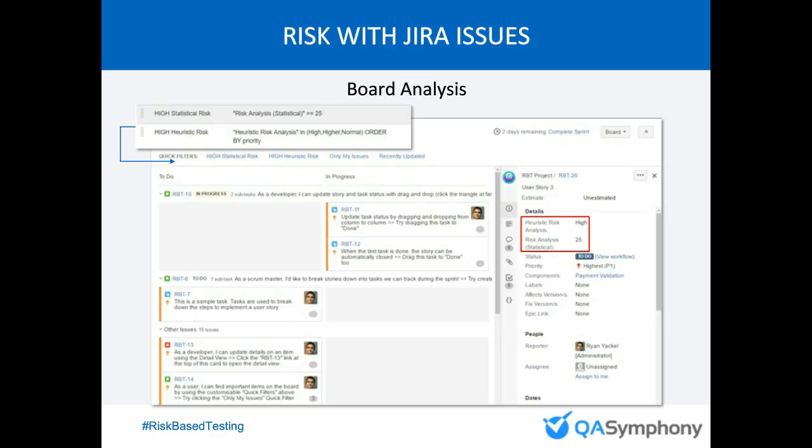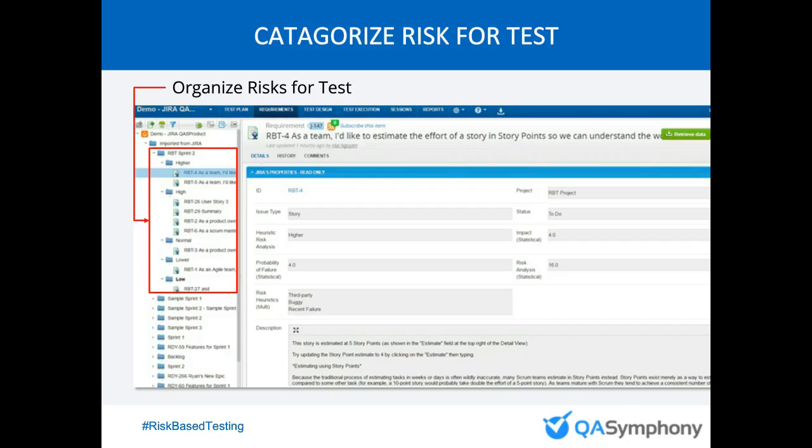So once that has been set, once you've said, okay, I've got my custom field set up, I'm labeling these things, then what you can do is categorize your risks for particular tests and organize those risks for tests. And if somebody's using Excel in this webinar, or another test case management solution, you can pull risks over and organize those in a way that says,